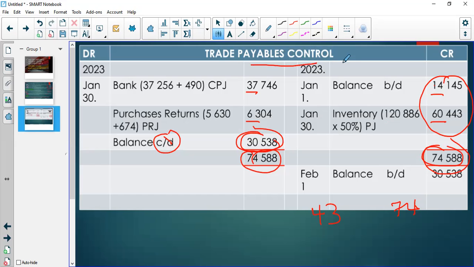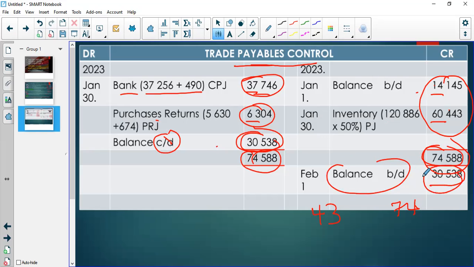Right. So we can see that from the trade payables control. We can open our accounting system. We can click on the general ledger. Then we go to trade payables control. We click it open. It's going to show us this. These transactions, bank, this amount. It won't do the plus, right? Because it's us, we have to do that and make the entry. It will just show us these individual entries that we make. Then we can see also that the accounting system automatically calculates the balances. So you can see what's owing there. Right. So that's how you construct the